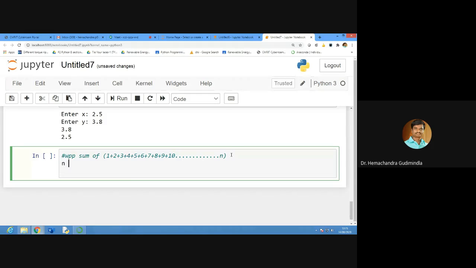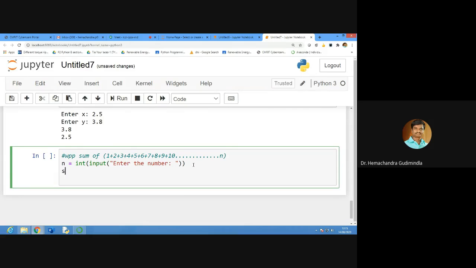I have to write n is equal to int of input of enter the number. Okay. Now sum is equal to... Don't use sum because it is a keyword.